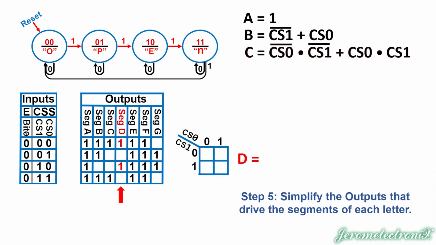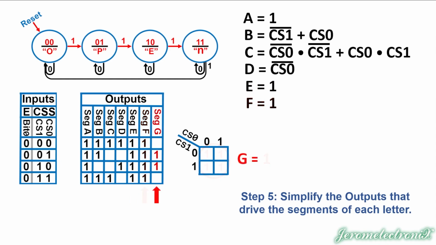Here is the K-map for the D. It has 2 1s in it, and they're in very convenient places, and so we implicate them together, canceling out CS1, but keeping not CS0. Done with D. As stated before, E is everything is on, that's a 1, and F, everything is on, and that's a 1,